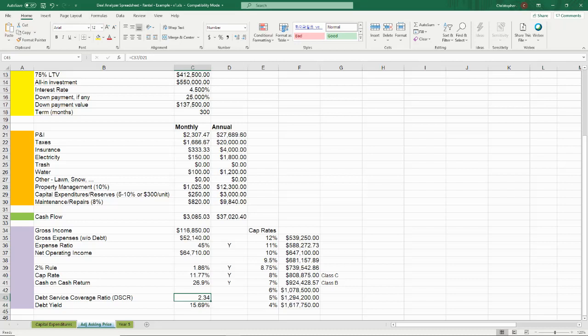But in this example, $1,000 for the entire year, and your rental income for the particular property or the real estate asset was also $1,000 per year, then the debt service coverage ratio would be 1. If the mortgage was $1,000 for the year and the income was $750 for the year, then the debt service coverage ratio would be 0.75. That means that the income would not pay the mortgage for the year. The income for the property or the net operating income after expenses would not pay the mortgage for the year. That's not a good thing, and a bank will not approve that loan.